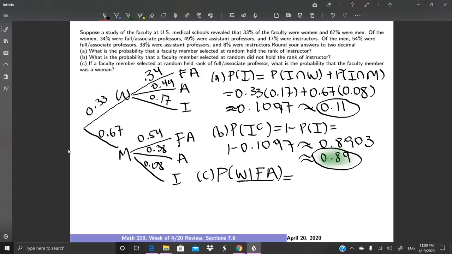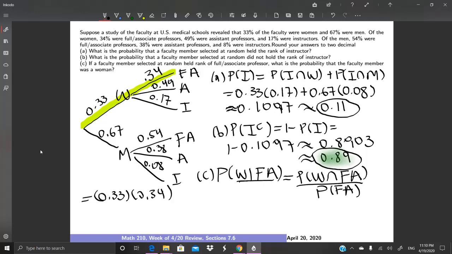So remember again from 7.5, this is the probability of woman and FA divided by the probability of FA. And then we chase down the tree again, right? So this is equal, coming down over here. All right, so probability of woman and full associate professor would be, so that's woman, and then full associate right there. So that's going to be equal to 0.33 times